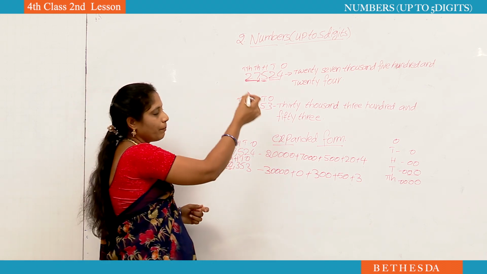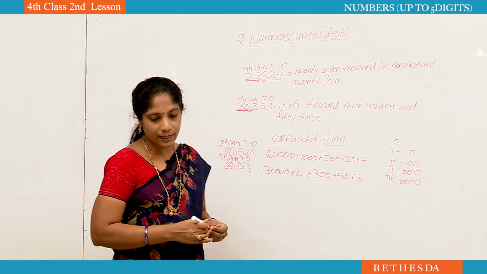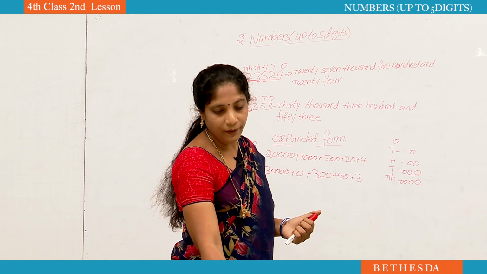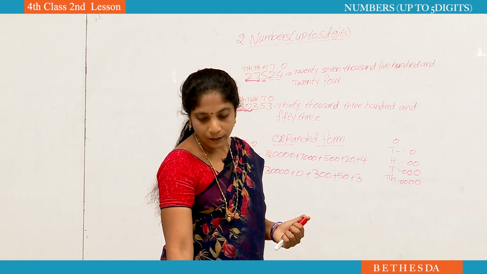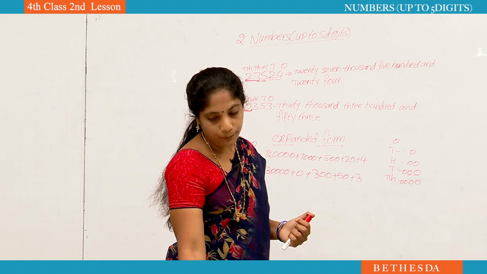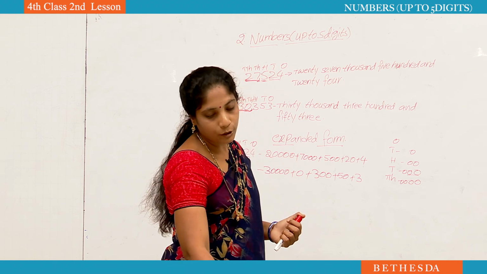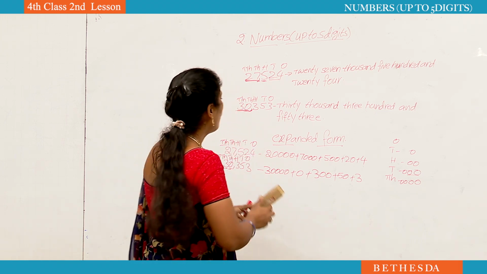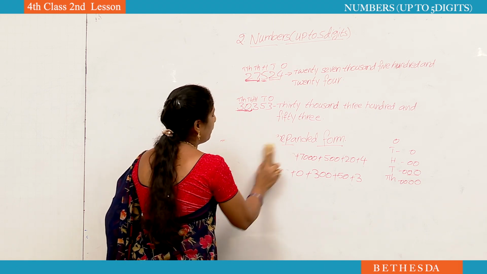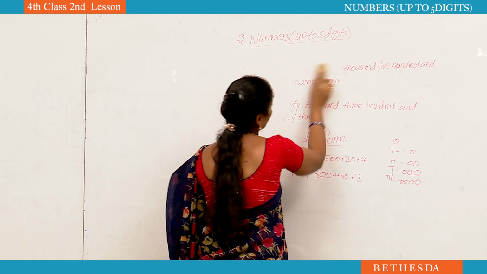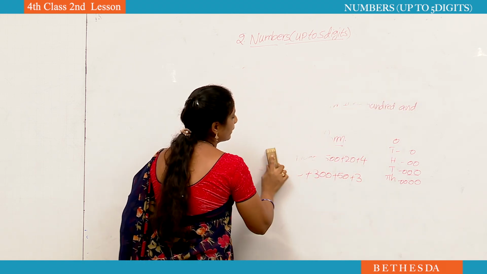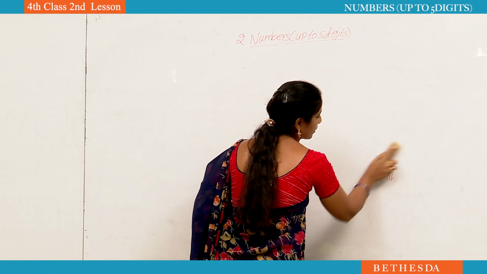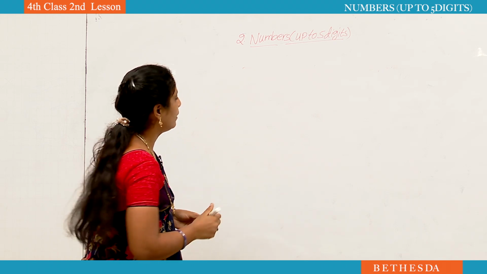Did you get the number name and expanded form now? If you learn this, you can complete in your studio second lesson the 2.2 activity, 2.3 activity and 2.4 activity also. Okay, all of you observe that you can do those activities using number names and expanded form. Now we are going to learn face values, place values and places. Already you learned face values and place values in second class, third class and fourth class. Again we are going to learn, listen carefully.